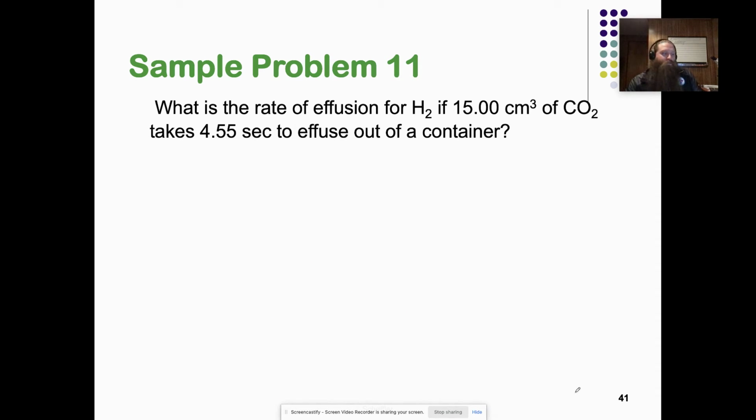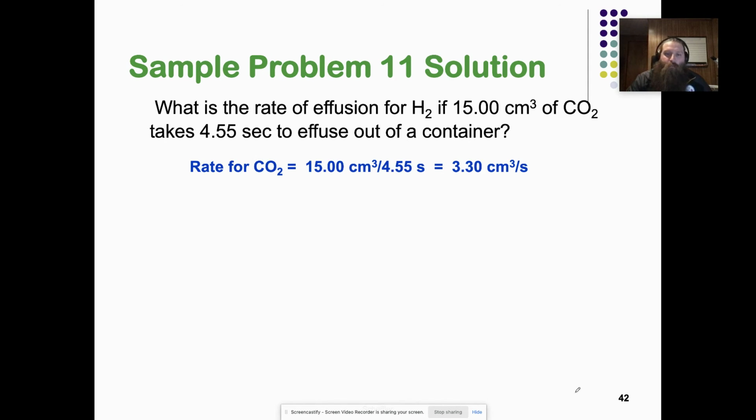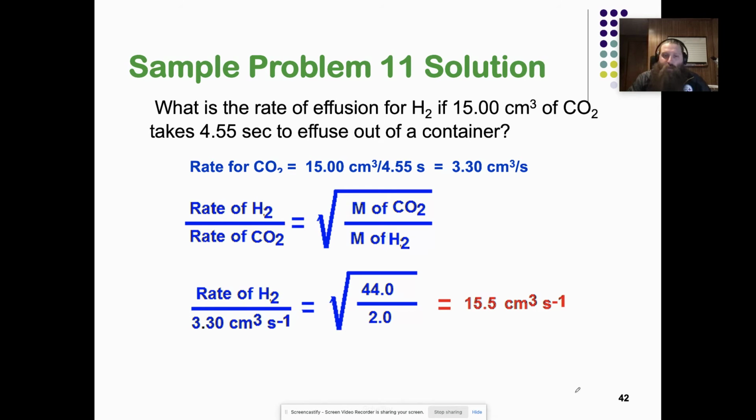What's the rate of effusion of hydrogen if 15 centimeters cubed of CO2 takes 4.55 seconds to effuse out of the container? All right, well, the rate for CO2, rate is just how much is moving and the time. So 15 centimeters cubed divided by 4.55 tells us that 3.3 centimeters cubed effuses per second. So we have a speed. Well, I have a rate, right? cm cubed over s, so that's the same as s to the negative 1, the inverse, equals